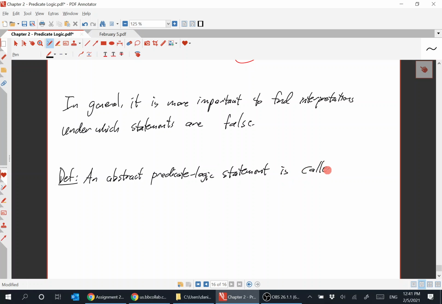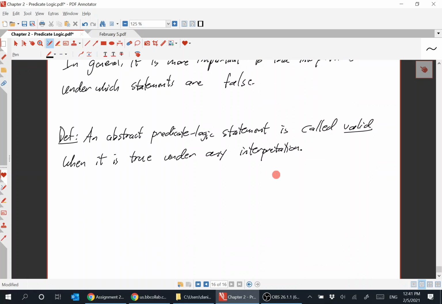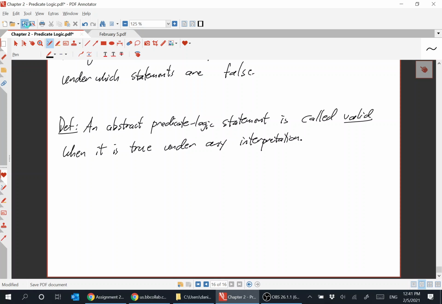is called valid. So this is the notion of like a tautology, although it's not called a tautology. It's said to be valid when it is true under any interpretation. An abstract predicate logic statement is valid when it is true under any interpretation. So, for example, something like what we were just looking at,